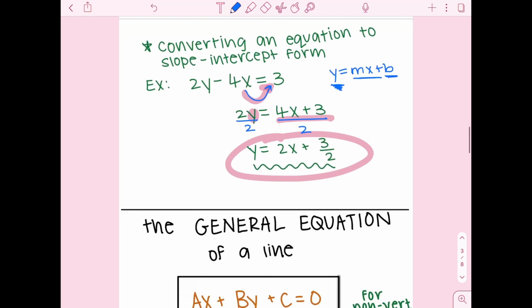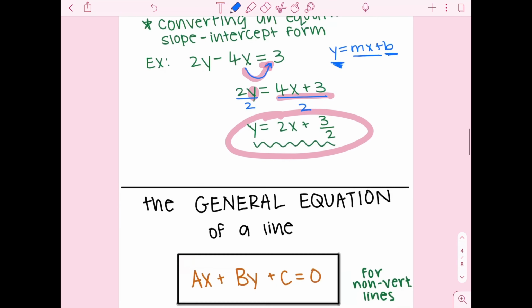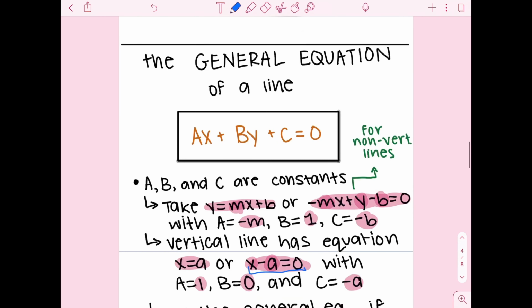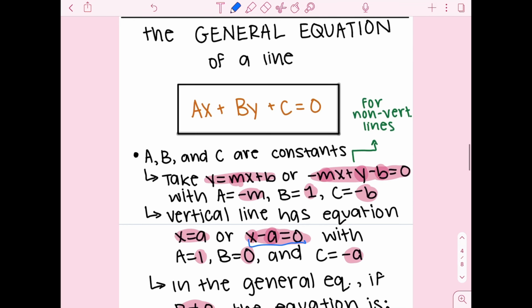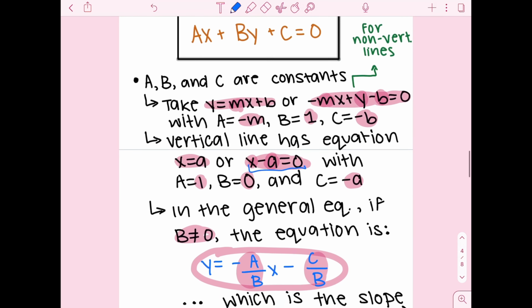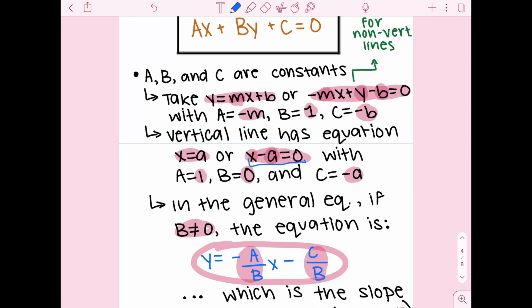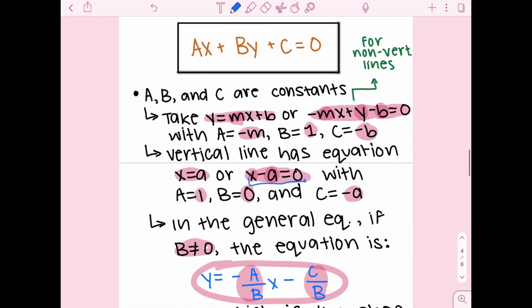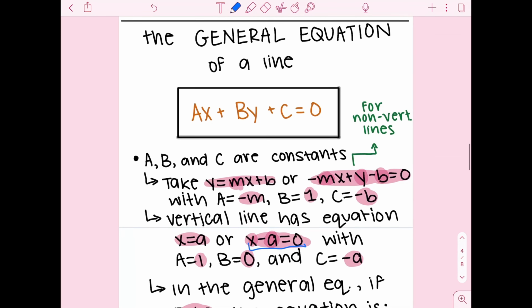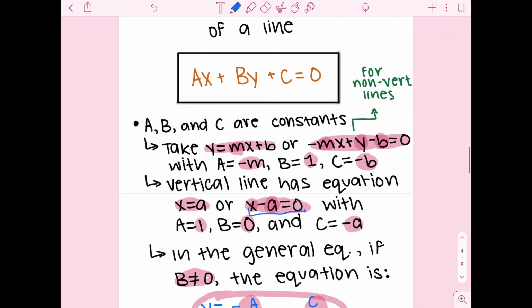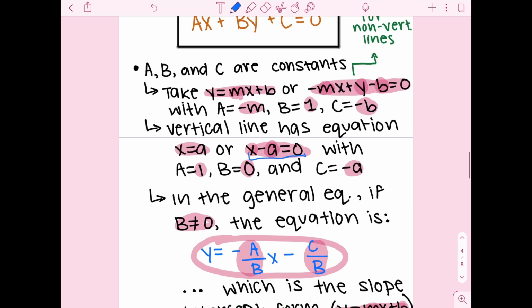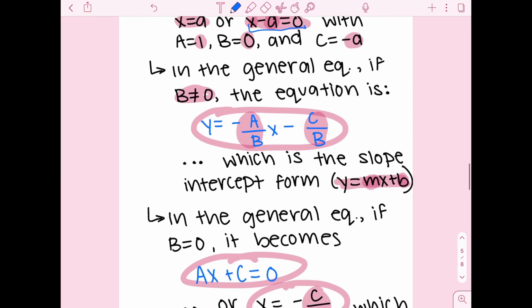Then we learned how to convert an equation into slope-intercept form. Finally, we went over the general equation of a line, where we learned how the y is equal to mx plus b form and the vertical line form can be converted into the general equation of a line by altering the constants a, b, and c. And then we went over a couple of